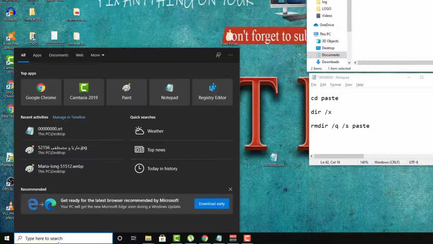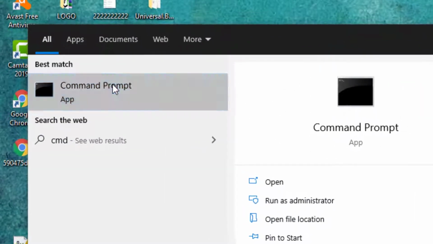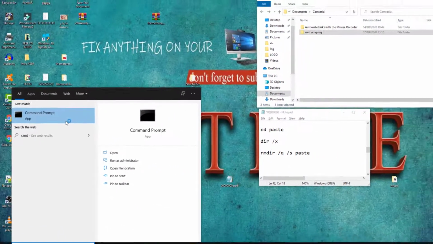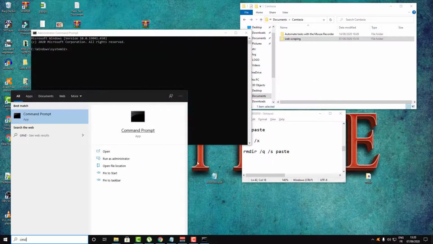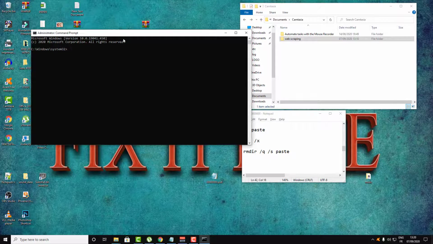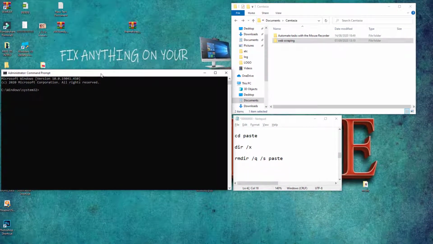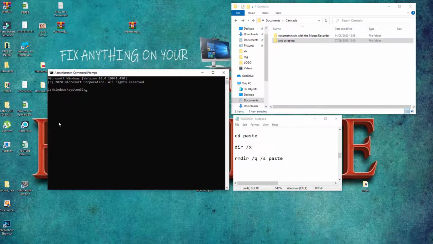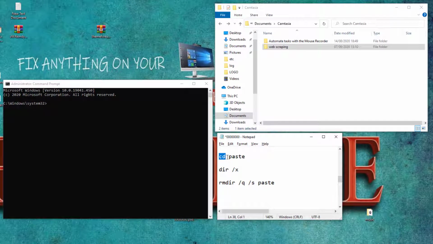So go over to search and type CMD and open it as administrator. Then a new pop-up of the command prompt will appear, and now guys, all you need to do is just type those three commands in order. So we're gonna start with the CD, and then here we're gonna need the